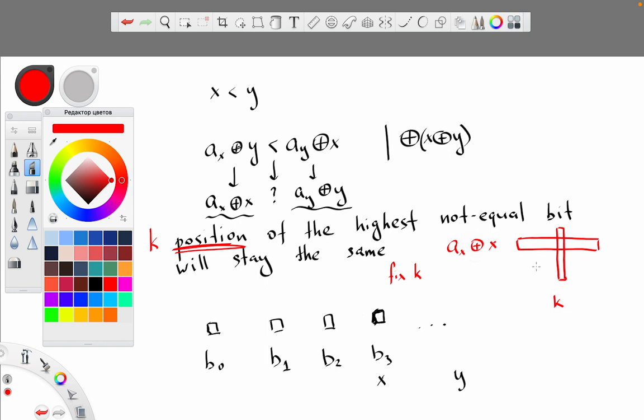I need to make sure that this number actually has 0 in the case bit, and this number should have 1. So for this fixed case bit, I know that